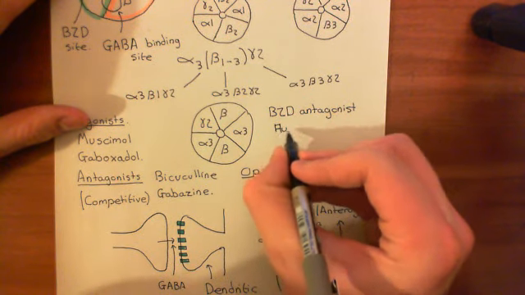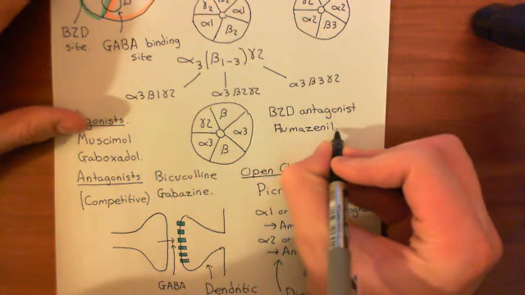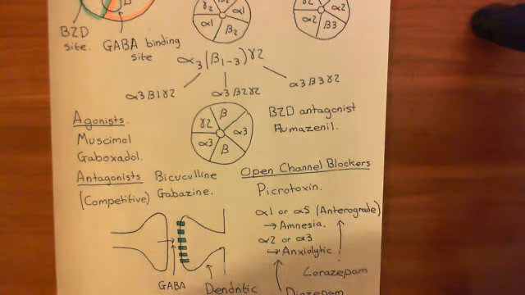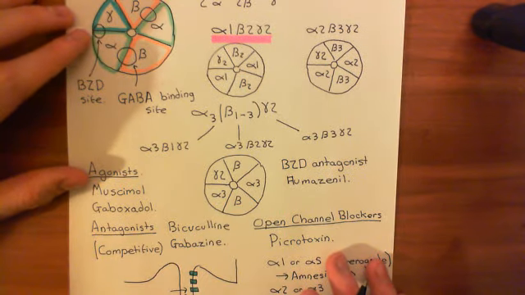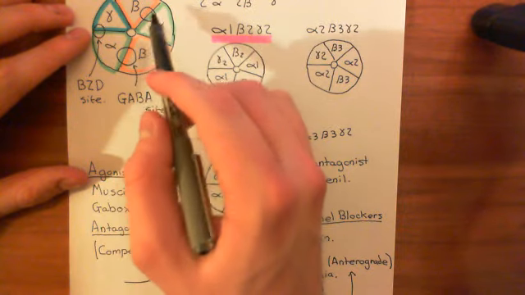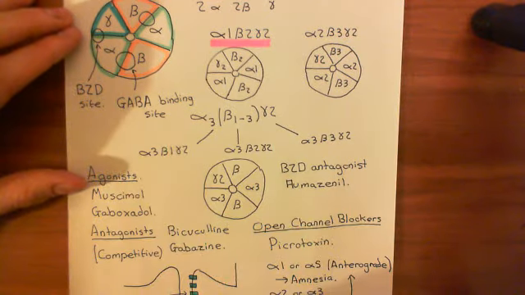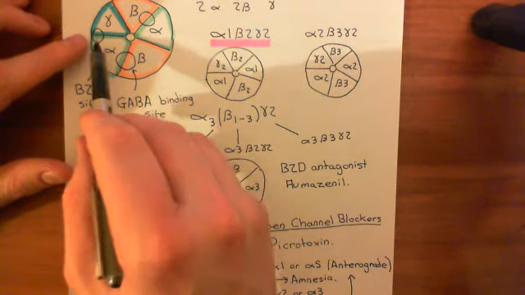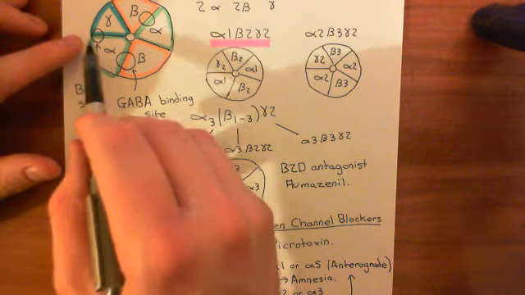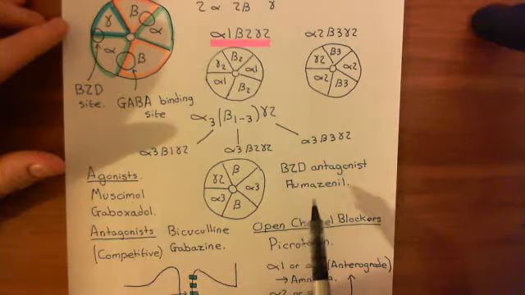Okay, Flumazenil. Okay, now Flumazenil is a drug which will bind to the benzodiazepine site here, but not change the conformation of the GABA-A binding site so that GABA has a greater affinity for binding there. So it's just a drug which will bind to this site and stop benzodiazepines binding, but it will have no effect on the receptor. So flumazenil is a drug that's important in people who have taken benzodiazepine overdoses, and it's